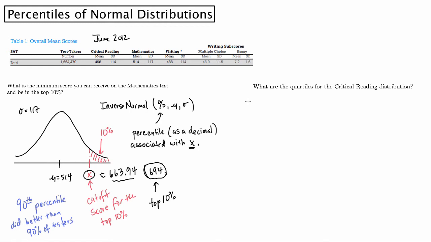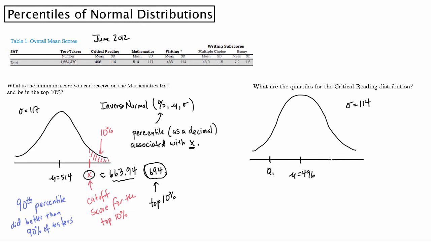All right, similarly, I want to hunt for the quartiles for the critical reading distribution. So the best way, or the easiest way to do this, let's once again draw a picture here. And since we're hunting for quartiles, you need to know what is meant by a quartile of the distribution. We talked about this when we did box plots, but for the critical reading distribution, we have a mean of 496 and a standard deviation of 114. And I'm looking for the value of Q1 and Q3